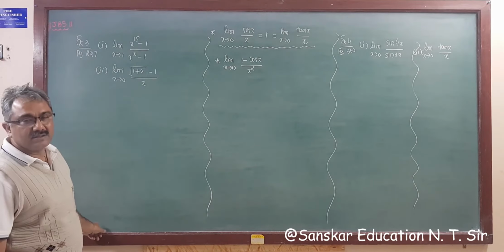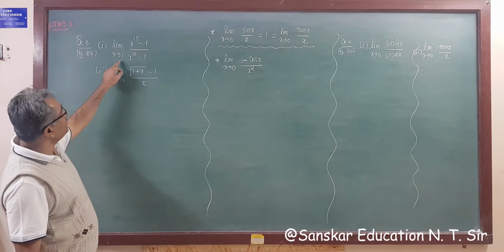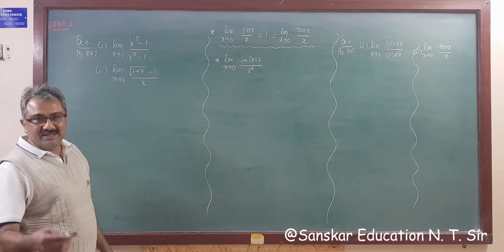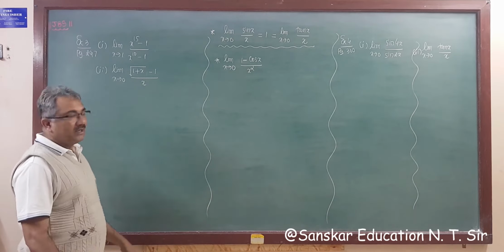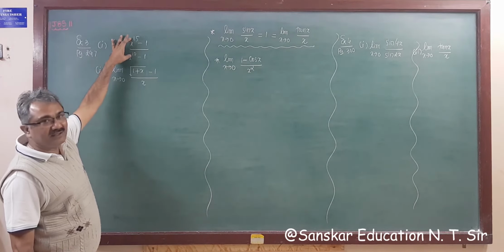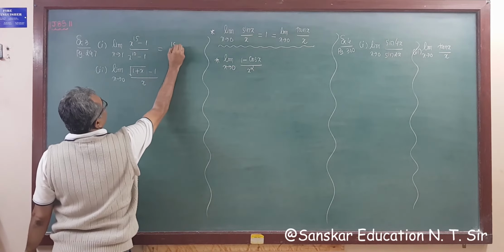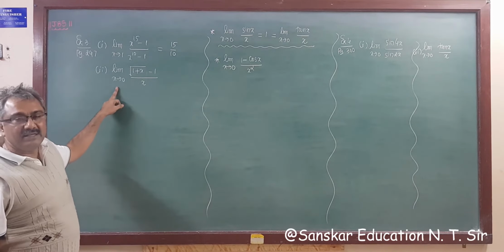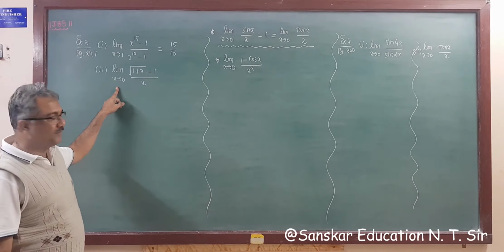Now, more examples. First example is example number 3, page 297. Limit x tends to 1, x raised to 15 minus 1 upon x raised to 10 minus 1. We did this type of question previously, right? Before cleaning this board, I told you what to do. If this type of question is given, then the answer is 15 by 10. So you can solve this yourself. In the previous video we solved this type of question also, but we are going to solve one again, right?